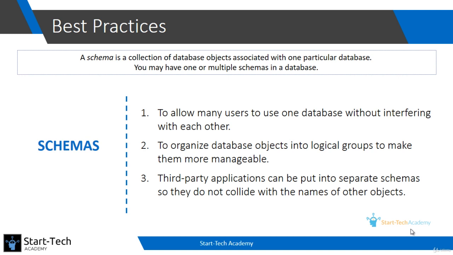Suppose the development team wants to test new code on the data. They cannot do it on the original table as other departments are also using that table and it may impact their work. So what they can do is create a separate schema. They can copy the actual table into their own schema, and there they can test all the queries and all the code in the table which they have in their own schema. So this will have no impact on the functioning of other teams.